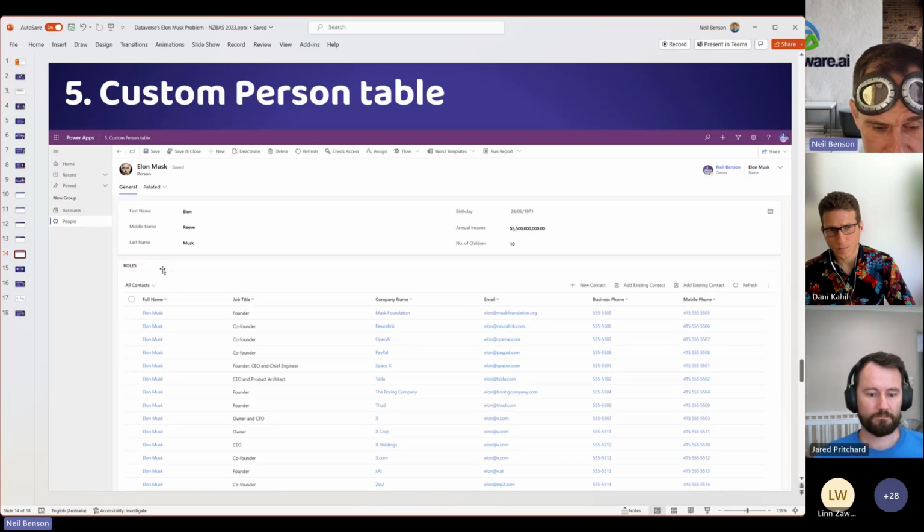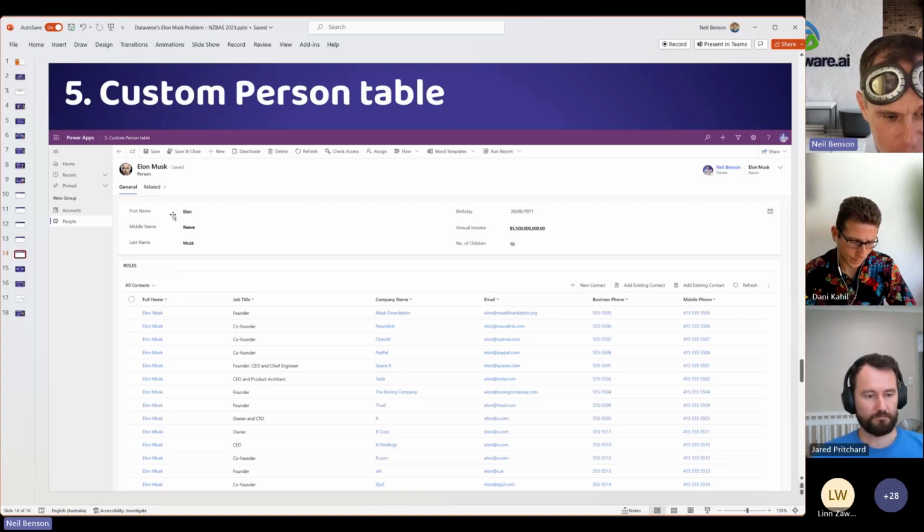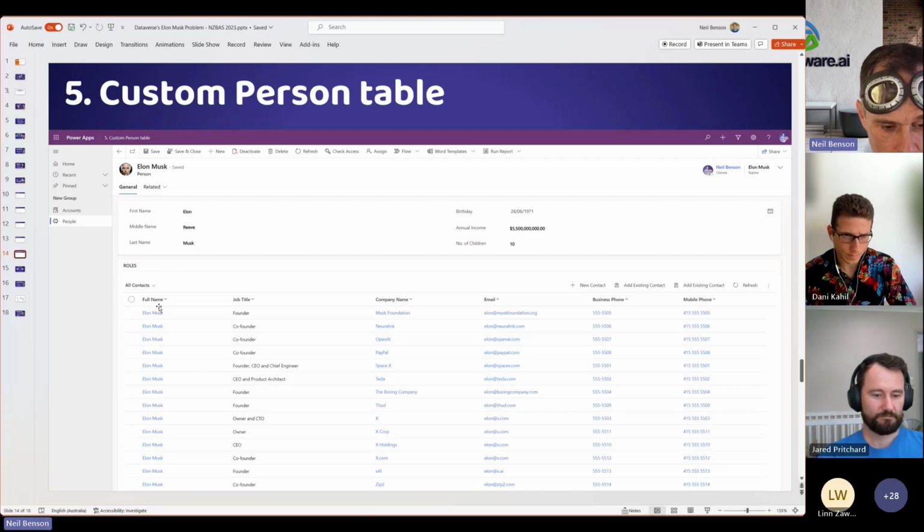Another variation on this one is to use the contact table as a business card, and then have a custom parental record called a person record in my example. And here again, I've stored that information that's permanent about Elon, so his height, his weight, his national insurance number, or tax file number, whatever you might call it in New Zealand, his birthday, annual income, number of children, his middle names and stuff. So we're treating the contact record as a business card underneath this custom person record. I didn't create a custom icon for it. I just used the standard jigsaw icon just to show you that it's custom.